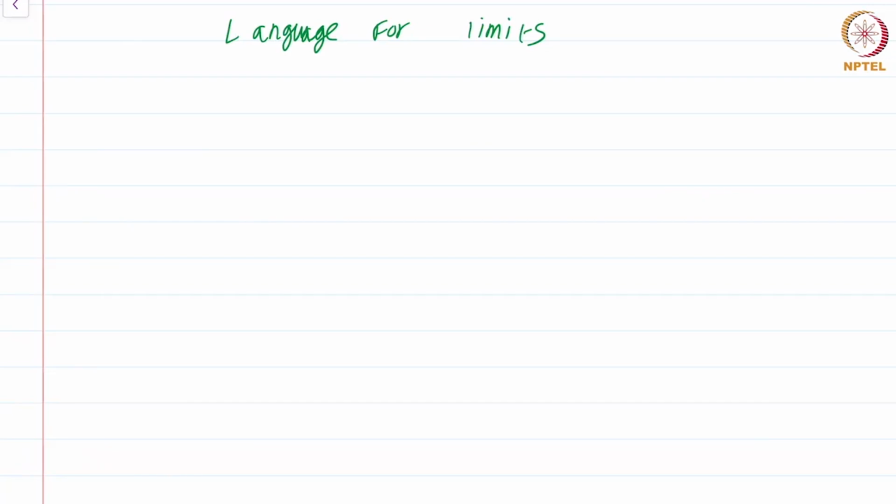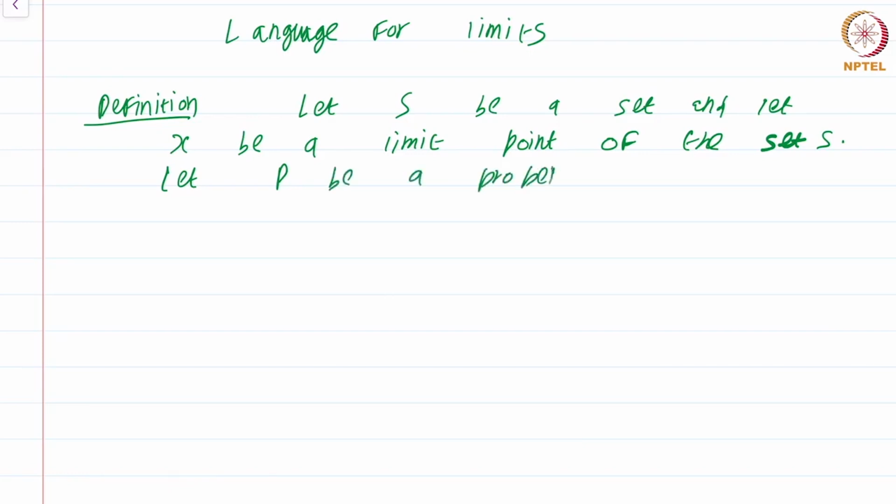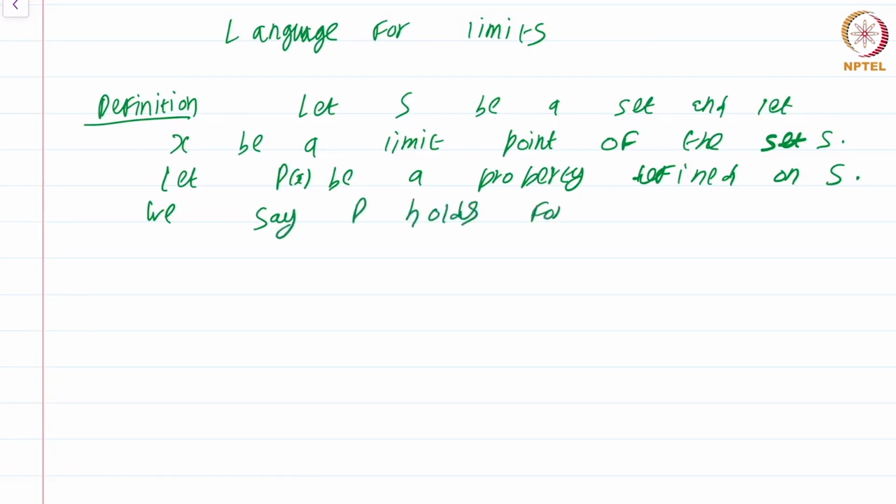So, definition. Let S be a set and let X be a limit point of the set S. Let P of X be a property defined on S. We say P holds for X arbitrarily close, or sufficiently close,